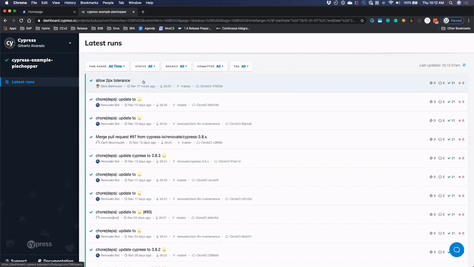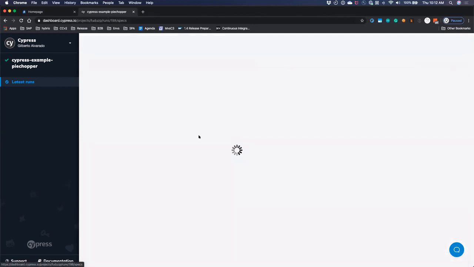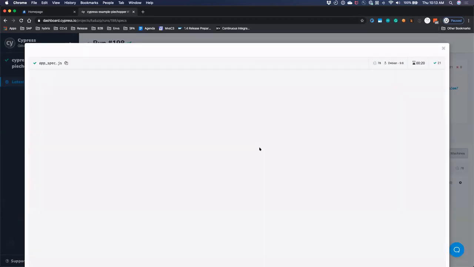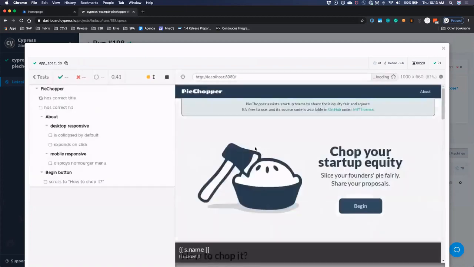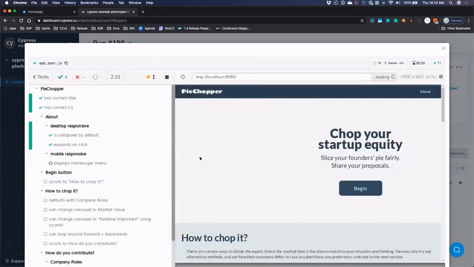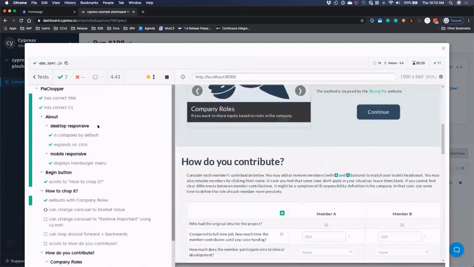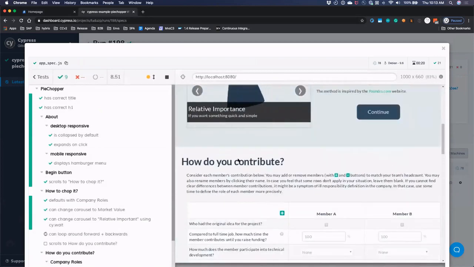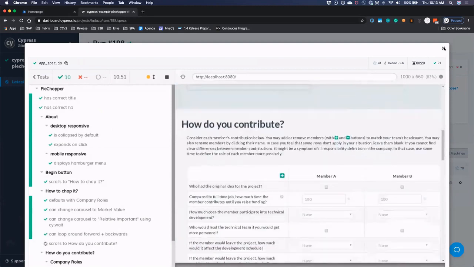And basically, this is a sample dashboard that is public on Cypress, and you can see the runs, the details on the run, what passed, what didn't pass, the screenshots, the videos, etc., which is pretty nice. I hope there's not a lot of latency on the call, on the broadcast. This is just a video of a run that you can go and see on the dashboard, which is pretty cool.